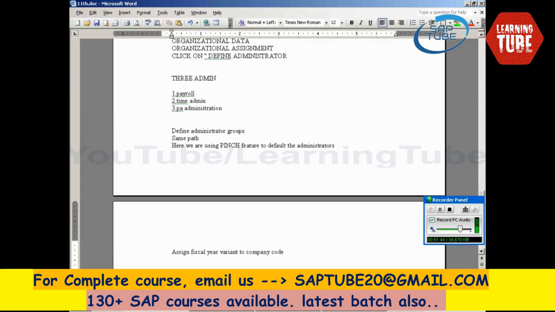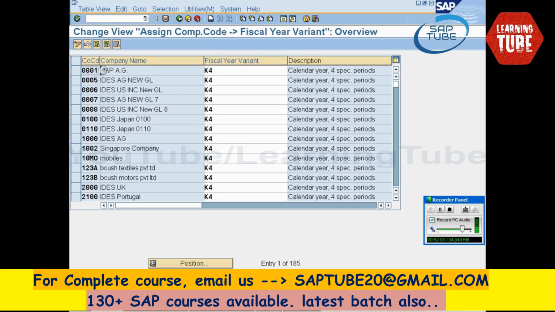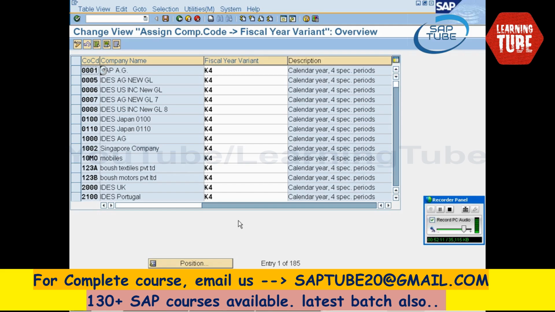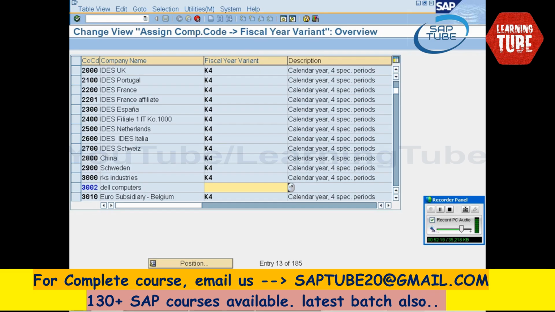But in a real-time scenario, this is done by the FICO guys. You need not do this. But here we have to do it to hire a person. The T code is OB37. I'm checking where it is. Yeah, OB37. Here enter OB37. You check your company code. Our company code is